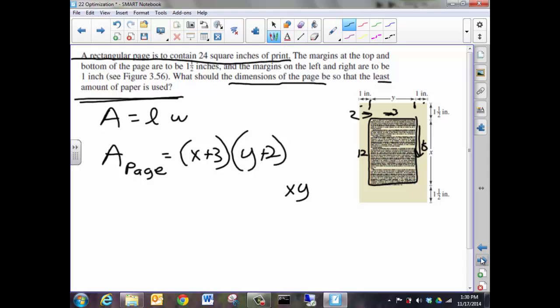All right, so you're saying we just need to minimize x times y? Because the outside won't change. Okay. Well, the 1 inch and the 1.5 inch, those are going to be constant. How are we going to minimize x times y? We'll need to find the derivative and set it equal to 0, right? But we need,